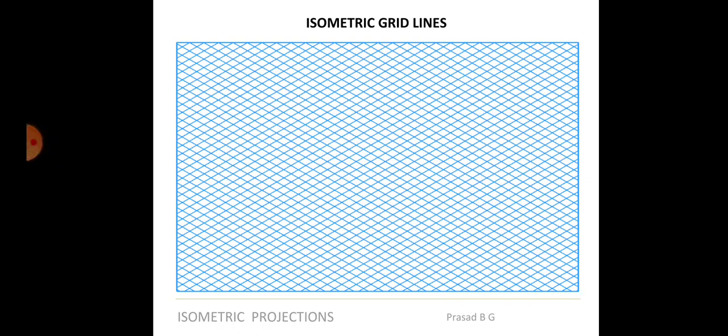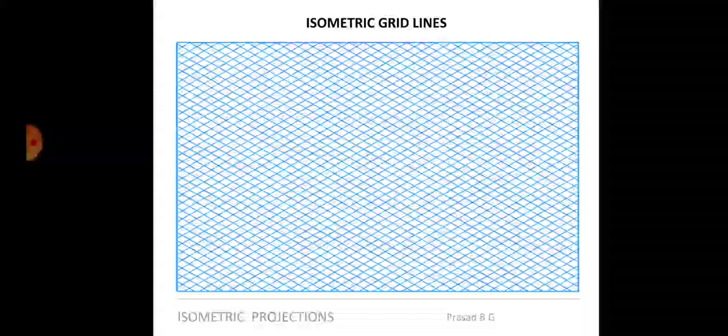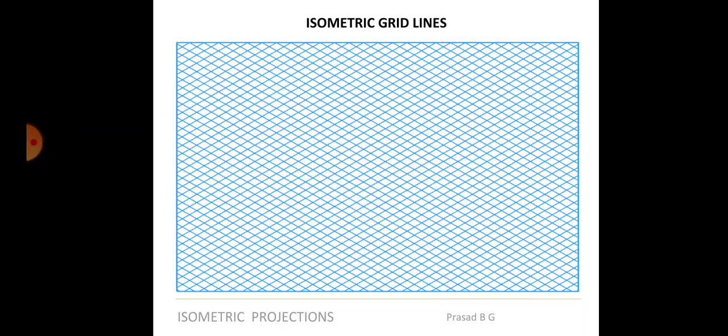So it's better that whenever I am explaining this concept, you also have the same thing in your hand, that is, a sketchbook with this particular sheet. It will be more useful for you to know how exactly these isometric grid sheets are. So please, all of you who have sketchbooks with you, pause this video for the time being, go get your sketchbook and then continue watching the video. Alright?